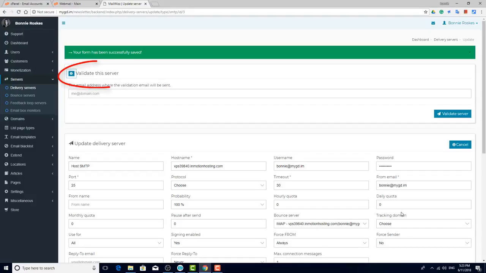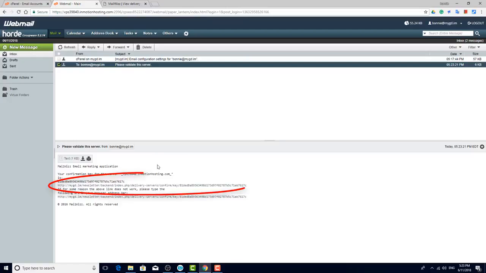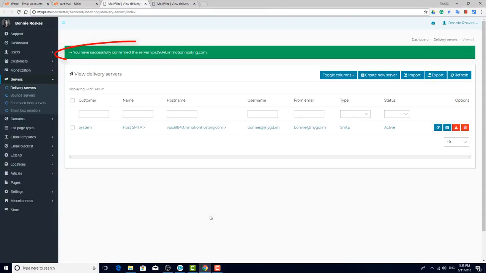The last important step is to validate the server, to make sure everything works. For the email, you can use the one you just set up, which you can read in your webmail, or you can use an existing email address. Then click Validate Server. Next, you'll need to find and open that email. I'm going back to my webmail, clicking on Refresh, and here's my validation email. I need to click this link to complete the validation, which is now done, and both my delivery and Bounce servers are set up. As time goes on and you find yourself sending more email campaigns to more people, you'll have a better sense of how your servers are working,